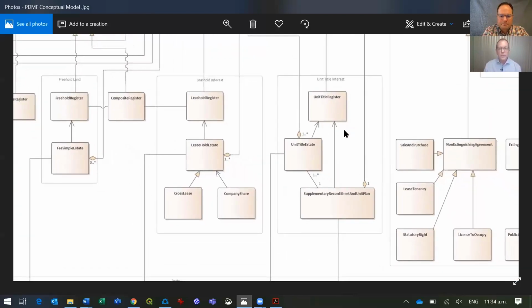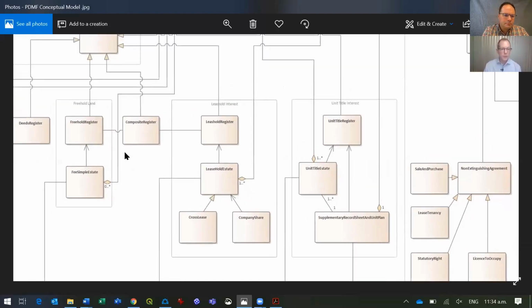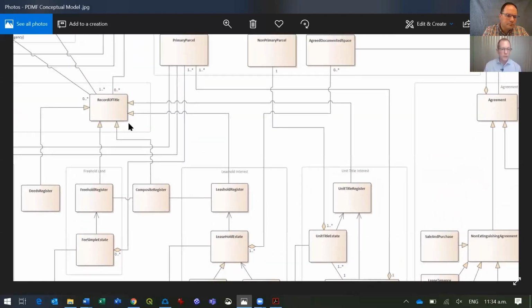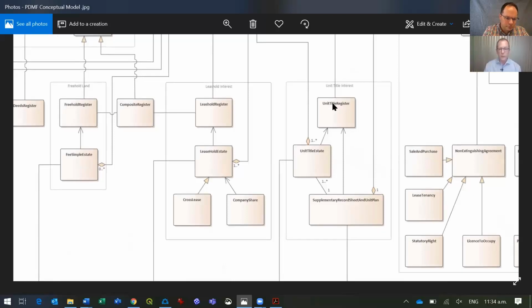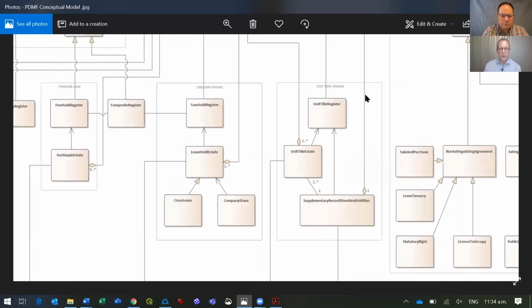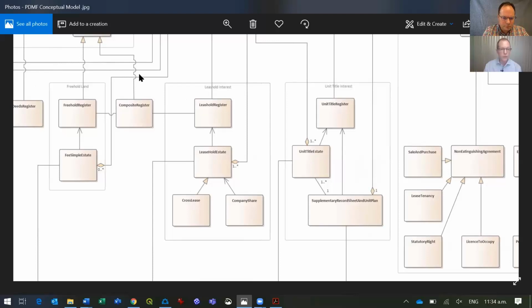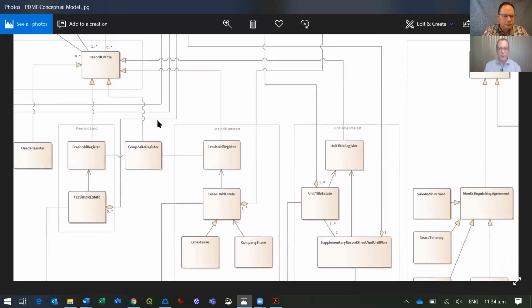So STEP is our property rights system, and it mainly works in the record of title and freehold land, leasehold land, unit title space. So it's all about property rights, the surveyed piece of land, and then the title, which is the rights that go with it, the rights, responsibilities and restrictions. And this is pretty much where Land Online will continue to play. And that, of course, is the STEP program.